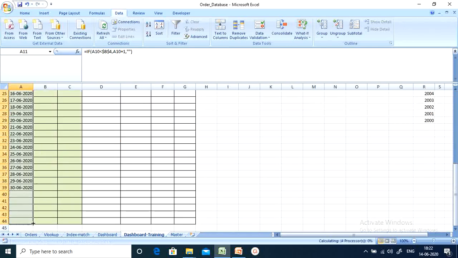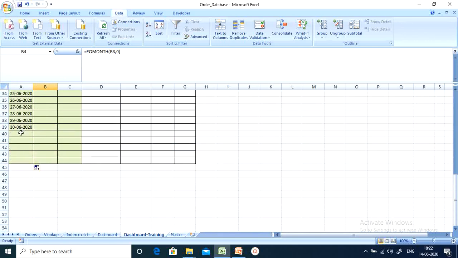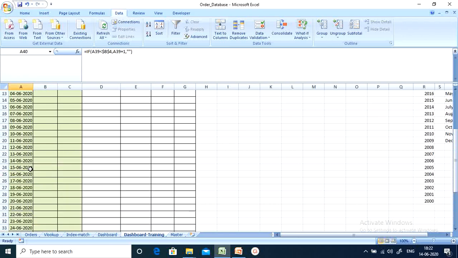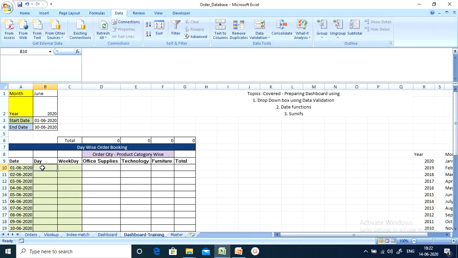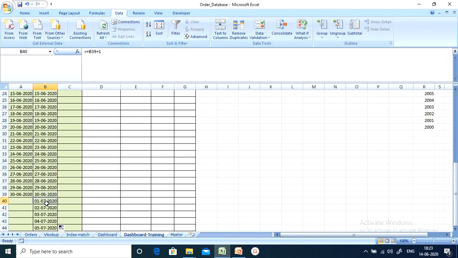Drag it down to the last row. If you see here, there are 30 days. Normally if you drag it down, it will add the next date automatically, but here after this it's going to display blank. I am going to show you the difference. Suppose I am adding plus 1, so here the dates are getting added, but if I drag it down, the next month's dates also get displayed.